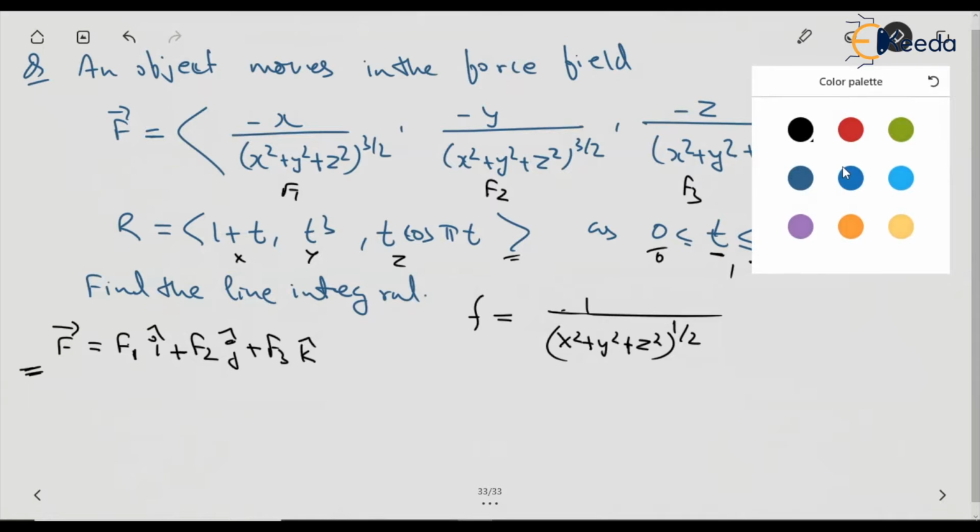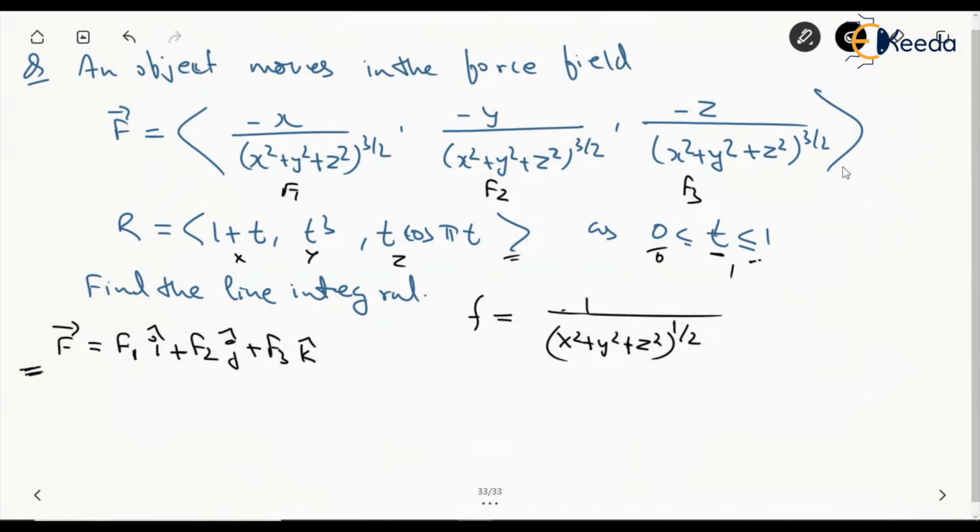Well, in this case we can see that if this is f, the potential function, then this f1 can be given as df by dx, this f2 can be given as df by dy, and f3 as df by dz. So the partial derivative of small f, that is the potential function, is giving you the vector field. You can check this because we have x square plus y square plus z square to the power of minus 1 by 2. Differentiation with respect to x will give this f1, then with respect to y will give you f2, and with respect to z will give you f3.